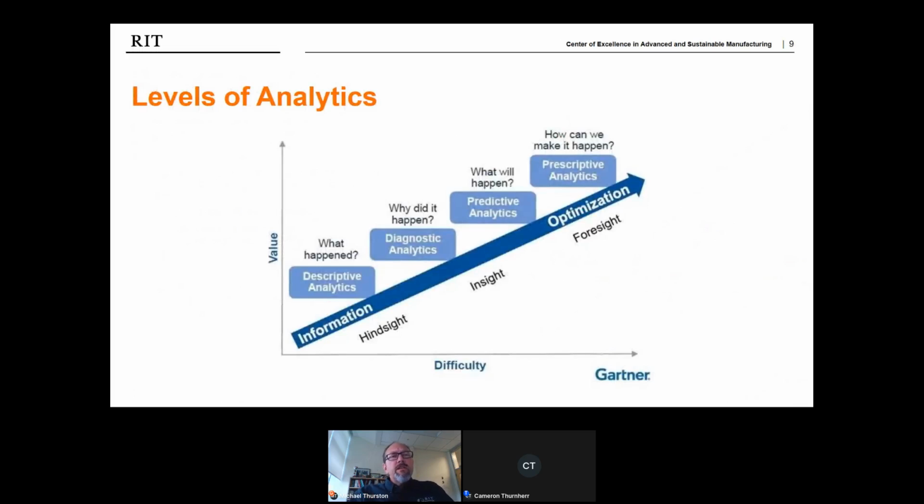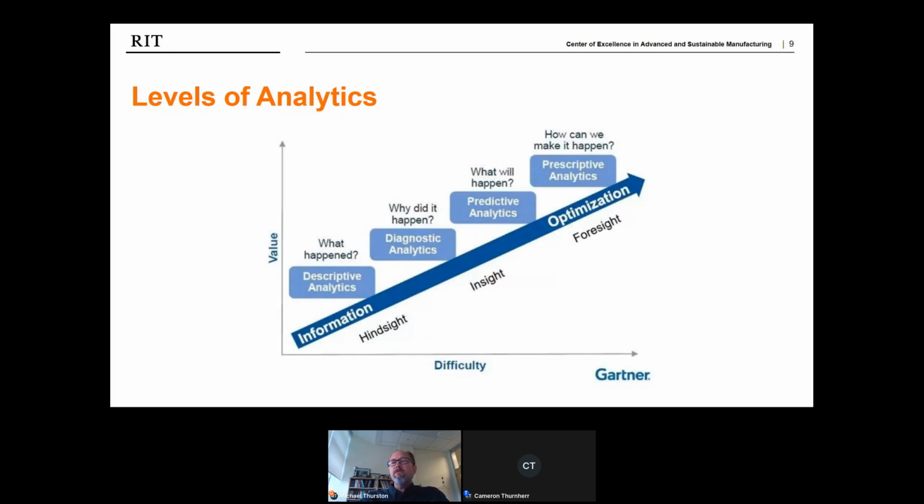So we'll start with the levels of analytics, and this is a diagram that comes from the Gartner Group, one of the large consulting companies that does consulting and research in the Industry 4.0 areas. Analytics can be implemented at many different levels, and you see those here: descriptive, diagnostic, predictive, and prescriptive, and we'll talk a little bit about what those mean. Starting at the bottom left of the diagram, descriptive analytics helps you understand what is happening in the current situation. So let's track through an example here that maybe helps to illustrate these different levels.